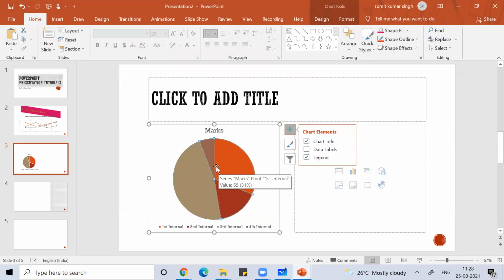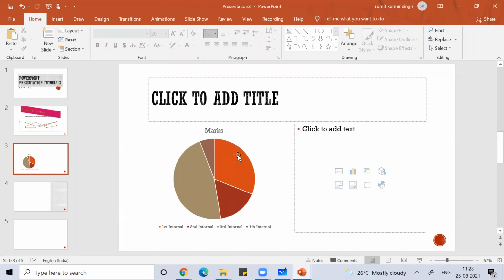Okay, sorry. So you can give chart title. You can give first internal, second internal, third, whatever you want. You can simply learn by yourself. Whenever you are working on PowerPoint, you can learn by yourself, like by using this.